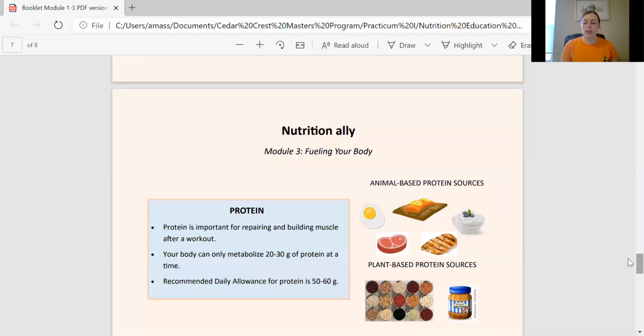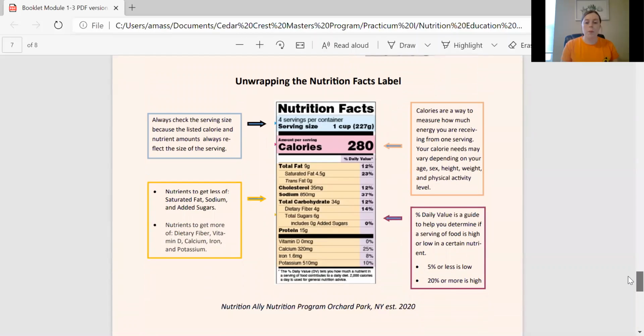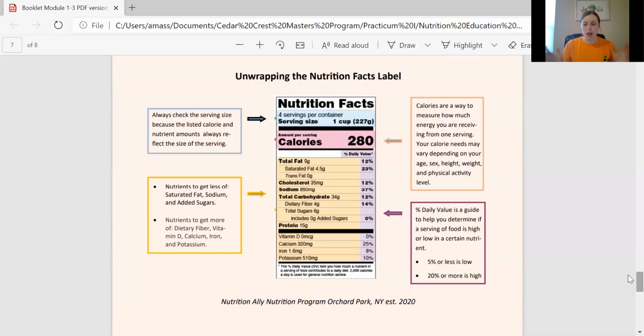And last but not least, we're just going to talk a little bit about the food label. And I had this picture here from the FDA website, and